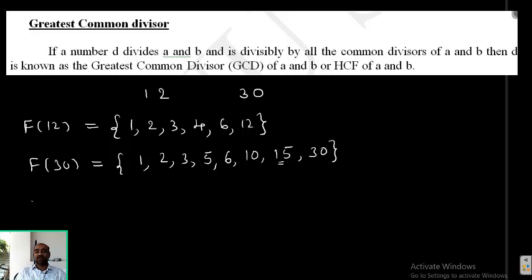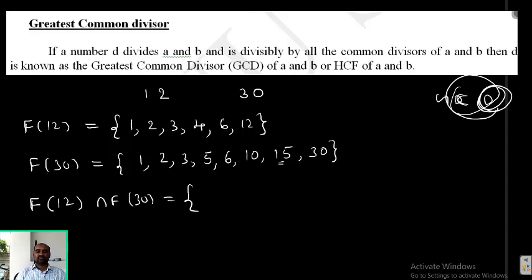So next, what do I want to find? I want to find the GCD. First what did I do? I found divisors. After that, I want common divisors, so I want the intersection. F12 intersection F30